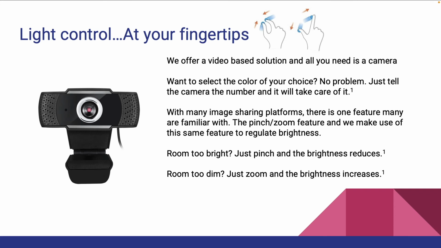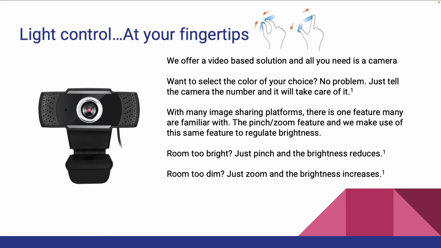All you need is a camera setup, and in our case, since this was more of a last minute solution, we could not purchase an explicit camera unit, so we're making use of the webcam from our system. We read the hand gestures from the user through the webcam, and this is a twofold operation where primarily the user selects the color that he wants to see the light bulb with. So one for red, two for green, three for blue, and so on.